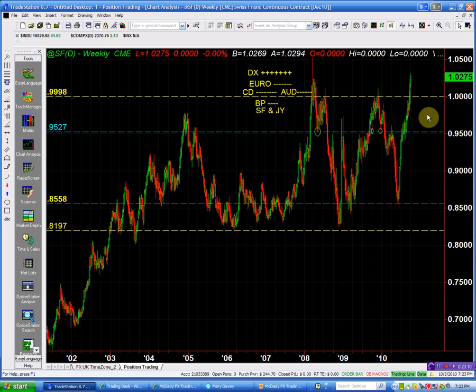The first is the euro, the second is the Swiss, the third is the Australian, the fourth is the Canadian, the fifth, or the last this week, is the British pound, and the one that we should be looking to short is the US dollar. Hold on guys, I only have one screen. Okay, so let's stop this and let's